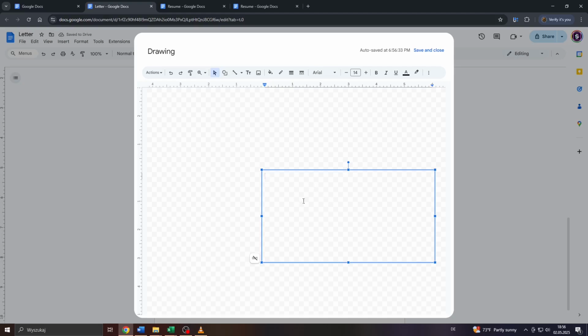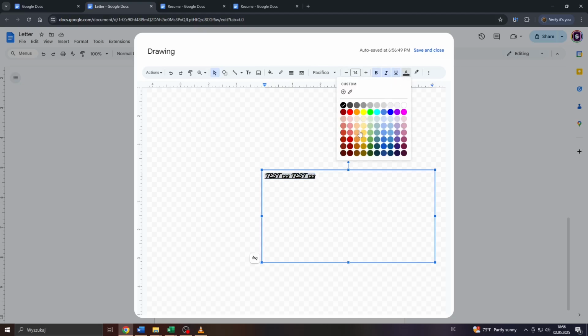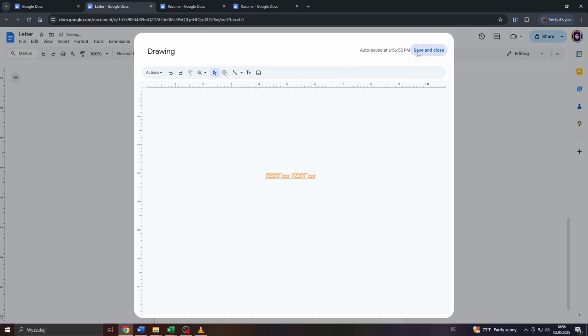Now you can fill your text box with text. So let me type in, for example, test 1, 2, 3. Then you may change, for example, the text font here, the font size, increase it or decrease it, then use italic letters, bold letters, underlined letters, change the text color, and so on and so forth. And that's basically it. Once you're ready, click on Save and Close here to add the text box to your